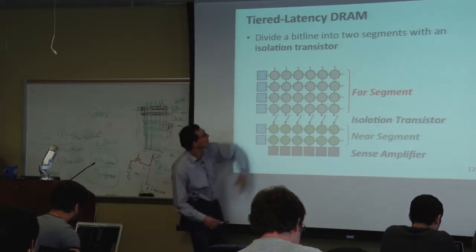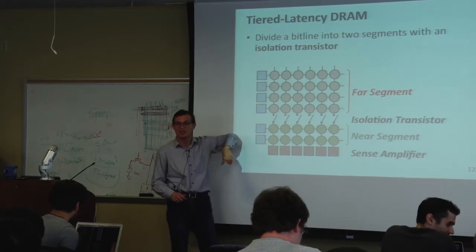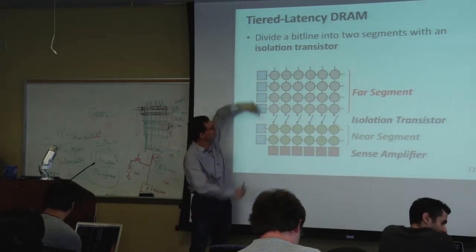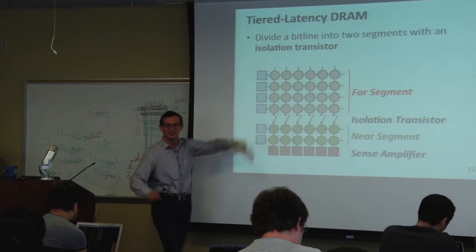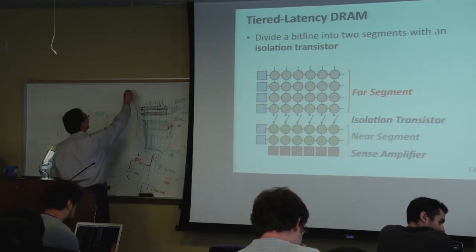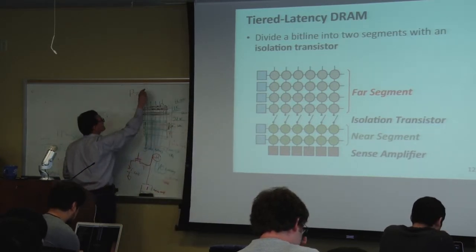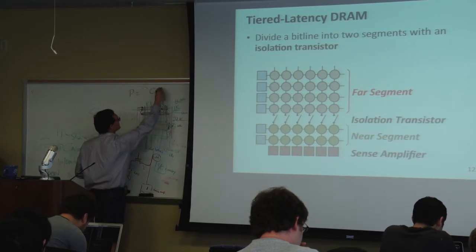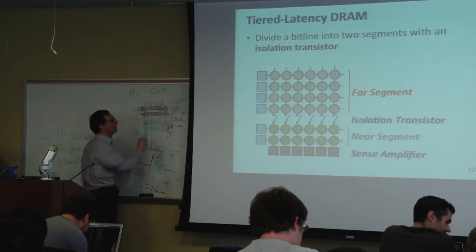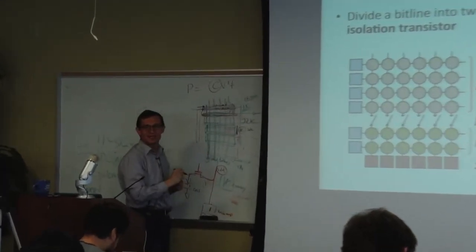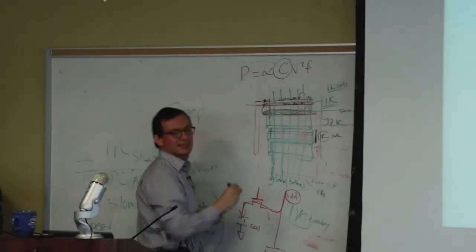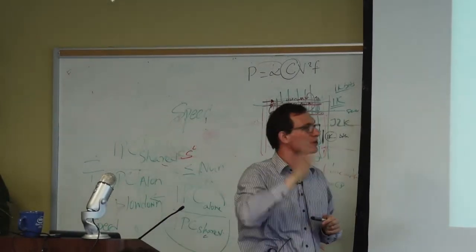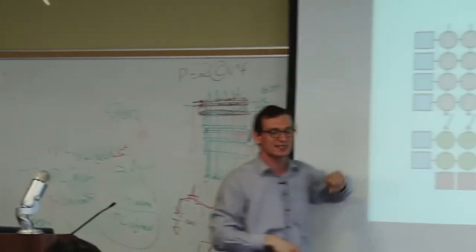Because driving these long bit lines actually consumes more energy, because the long bit line has much larger capacitance, right? And you remember the power equation, right? Dynamic power is proportional to capacitance times voltage squared times F. Well, a long bit line has high capacitance, and there's this activity factor, depending on how often you switch the bit lines. OK?